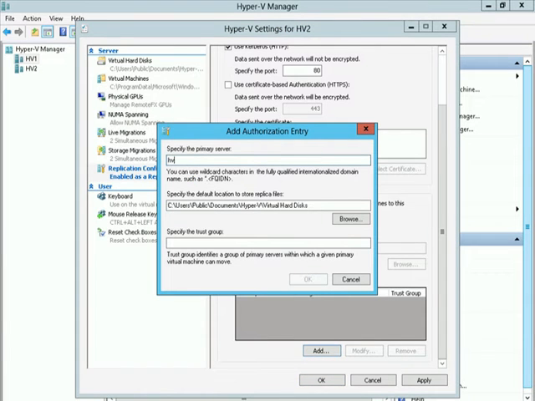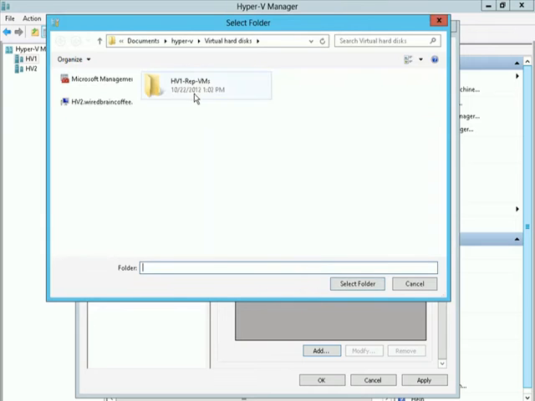Here we can specify the name of the host that will be sending us replicated virtual machines. By the way, it needs to be the fully qualified domain name. If it is not, it won't work. We can also specify a new destination if we want just for this host. For example, I could create a folder here called Hyper-V1 Replicated Virtual Machines and store the virtual machines from that host in that folder. That way you could very easily go into the different folders for the different hosts and see which hosts have sent you virtual machines and how much space those replicated virtual machines are using up on